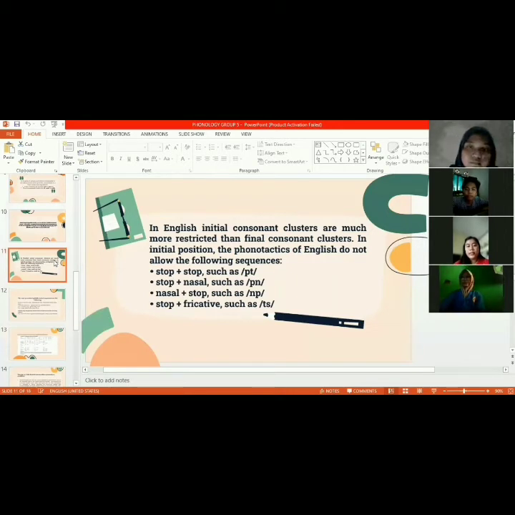So, in English, the initial consonant group is much more limited than the final consonant group because many consonants cannot be pronounced in the initial position, one of which is the nasal. English phonotactics does not allow clusters of